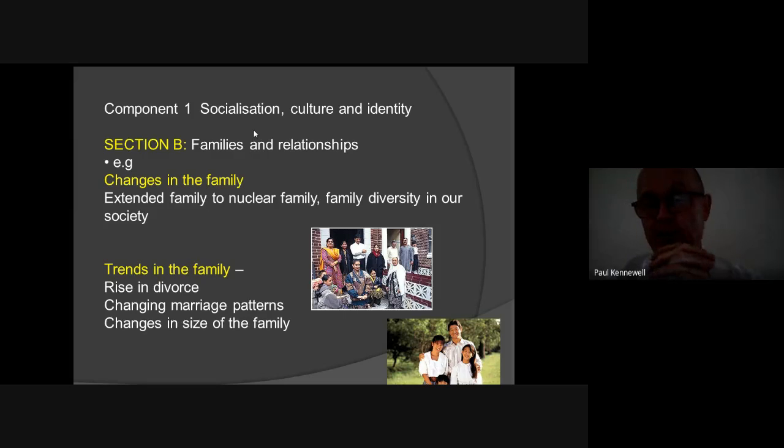Changing marriage patterns, we look at how the age of marriage has increased. It used to be, if we think back to grandparents, they might have married in their early 20s. Now people will marry much later. They'd rather get their career under their belts and get their house and things established first before getting married. So the average age has risen to something like mid-30s, if not beyond that. The size of the family has also changed, that we are now much smaller families than used to be in the past, and we'll look at why that's happened.